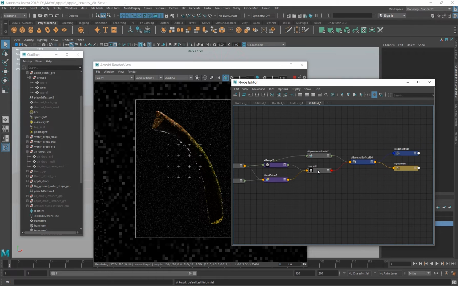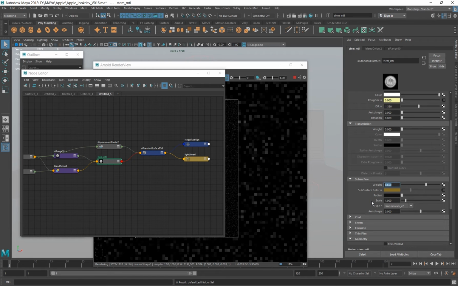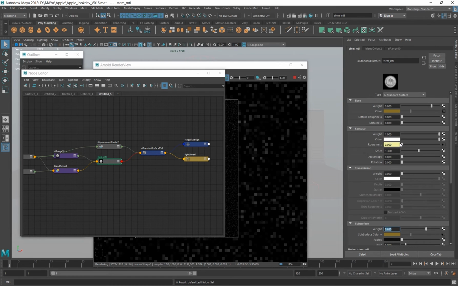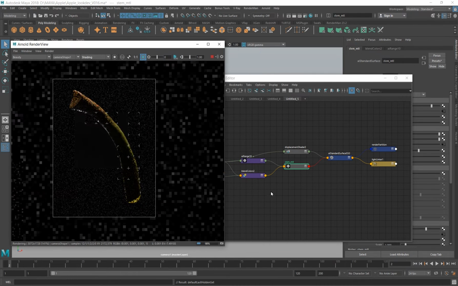If you look at the shader, I've given a little bit of diffuse, then a little bit of specular. That's it.